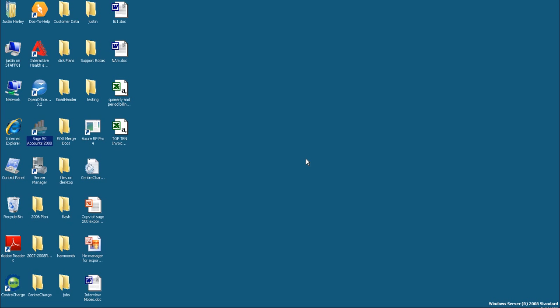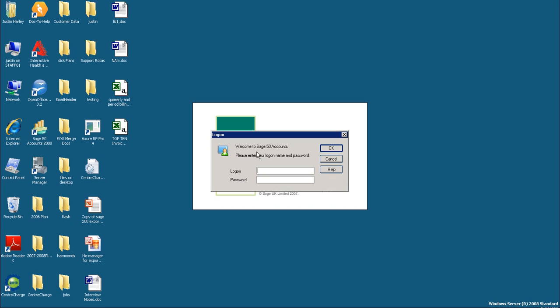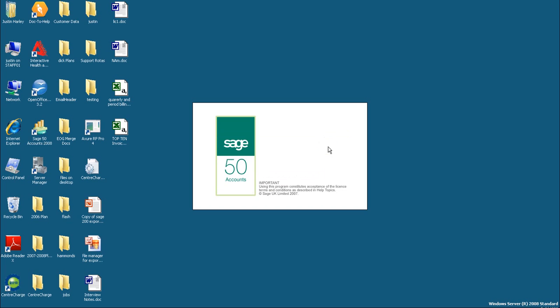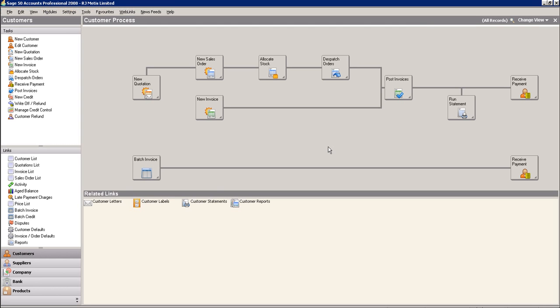Before exporting, the first thing you must do is open Sage, log in as normal, and when you're in Sage, prior to any export, you should be reconciling your balance, so you understand what the balance was before your export and can compare it to the balance after the export. So to do that, we just go into Company,